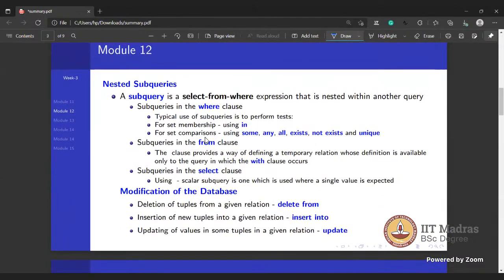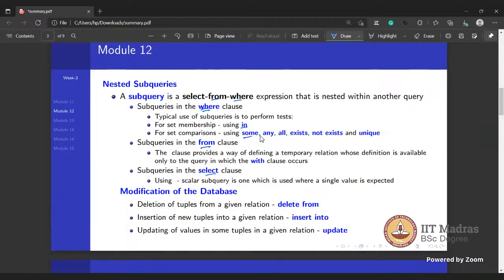In module 12, we learned subqueries, nested subqueries. A subquery is a query that appears inside another query statement. Subqueries can appear in the select clause, the from clause, or the where clause. In the where subquery we can use the in operator.